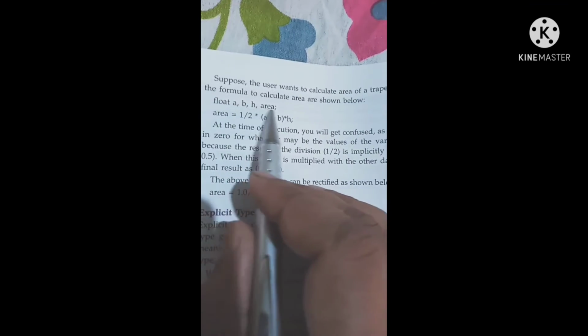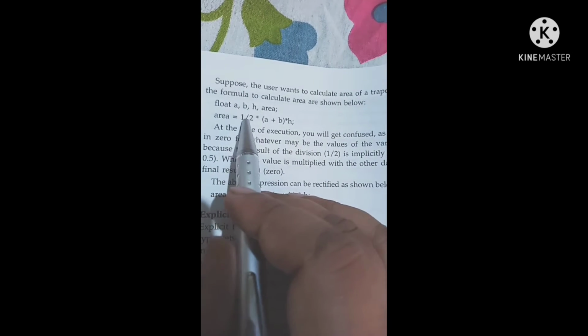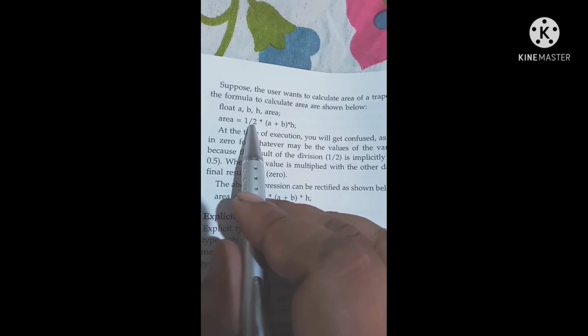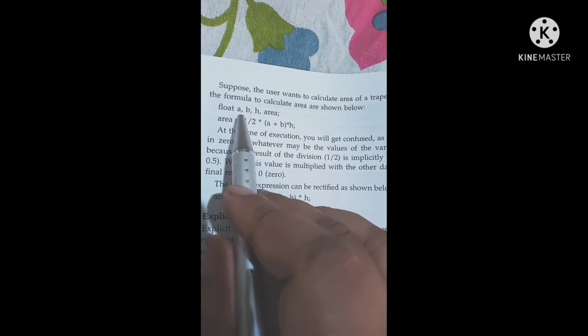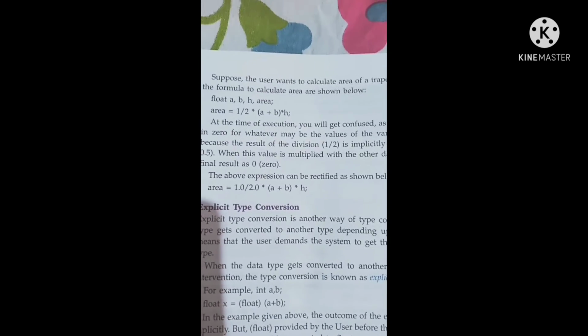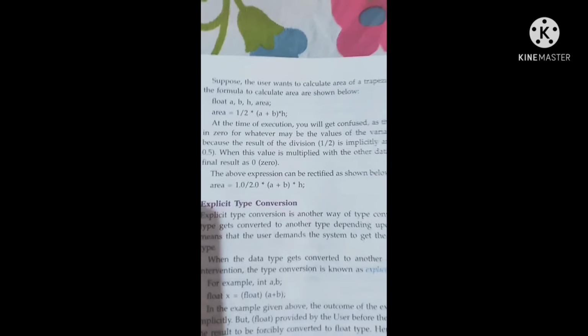Data is taken in float. Here the calculation, the arithmetical expression, is also correct, but only 1 by 2 is written. That's why the result will come as 0. Your desired output will not come. That's why you must give 1.0 divided by 2.0 if you are seeing that the data type you are taking is float